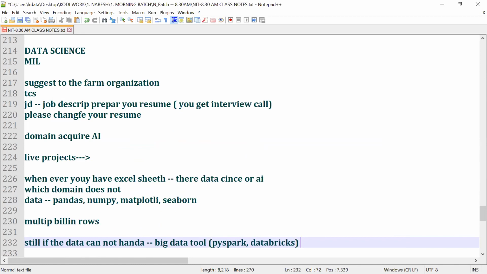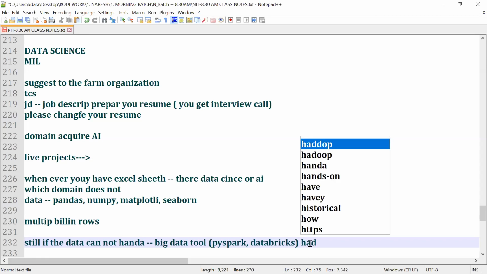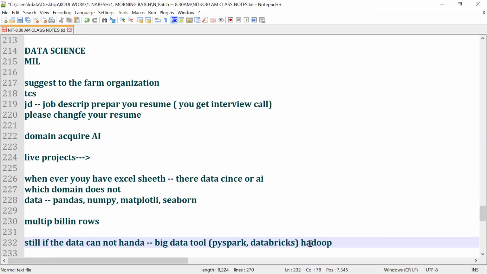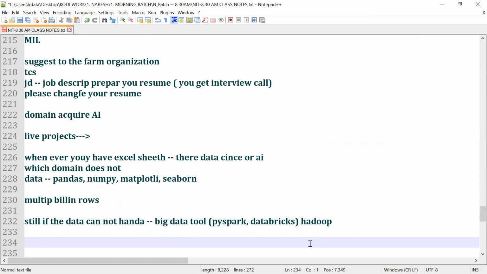I hope you guys understand. First, Excel data is limited. How much? 10 lakh 50,000. So we introduce Python frameworks, pandas, numpy, and if that is still slow, we can implement big data tools like Hadoop. If still it is not managed, let's go to the cloud, and this would be the full stop for everything.